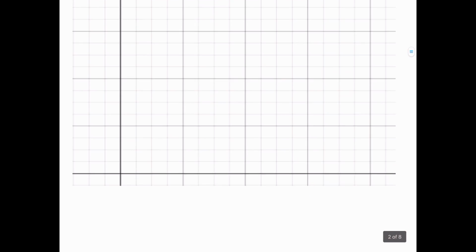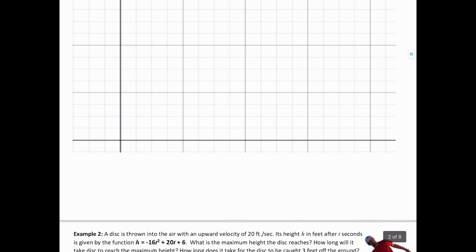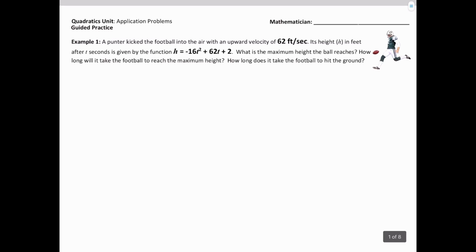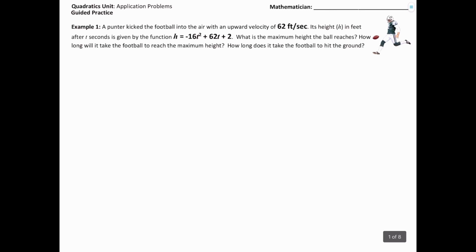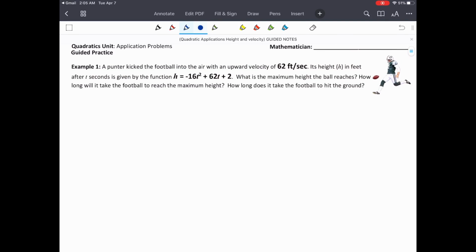You'll notice that on your other page, there's room for a graph. But before we start graphing anything, let's find all the important information that we need before we start putting the parabola on the graph and labeling things and make sure it's all correct. This first problem says a punter kicked the football into the air with an upward velocity of 62 feet per second. Its height, which is h, in feet after t seconds is given by the function,